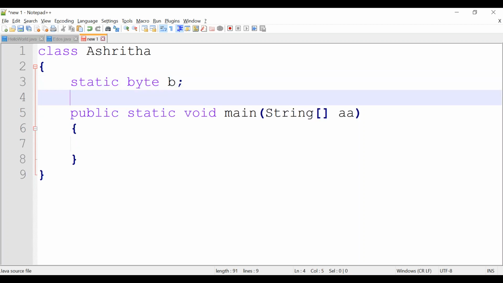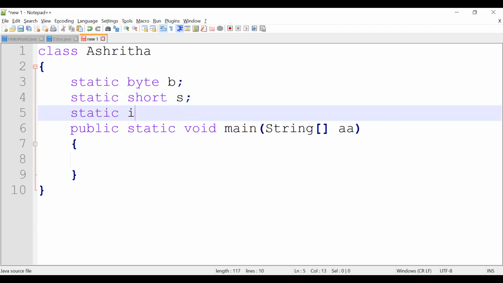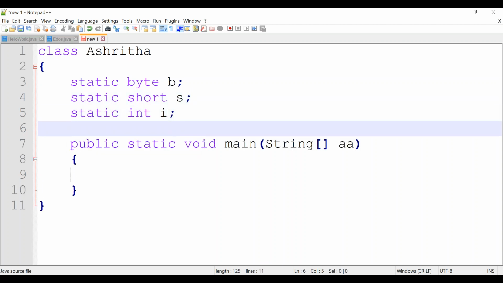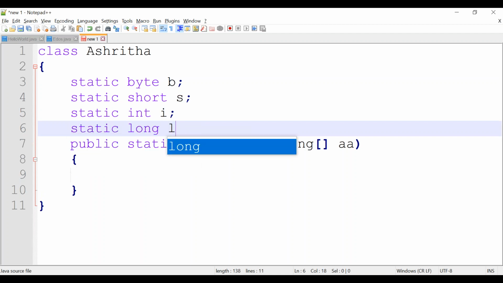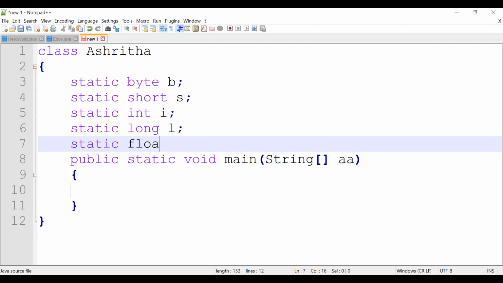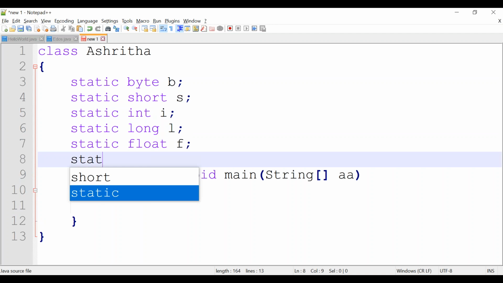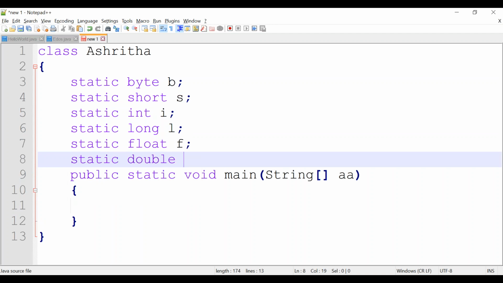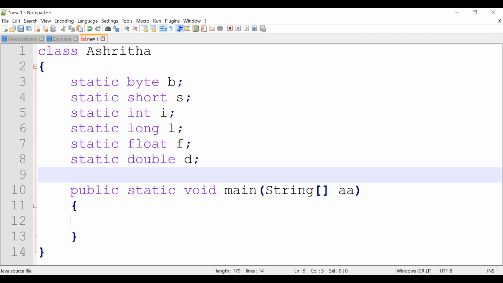Next is short, right? Next data type is short. Next one is int. Fourth one, we have seen, is long L. Then the next one is float f. Next data type is double D. Another one is character, char.